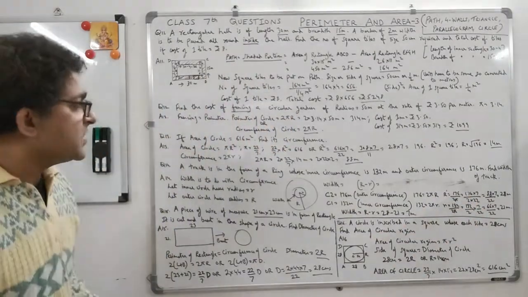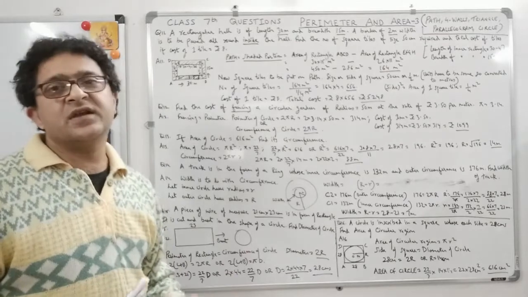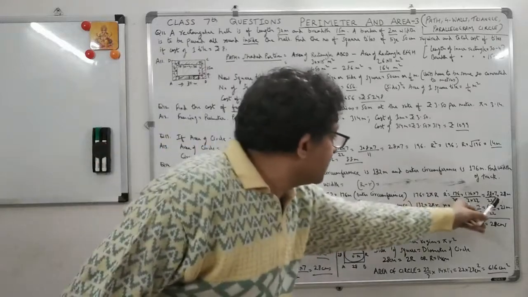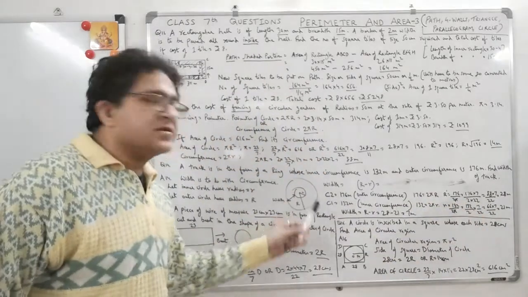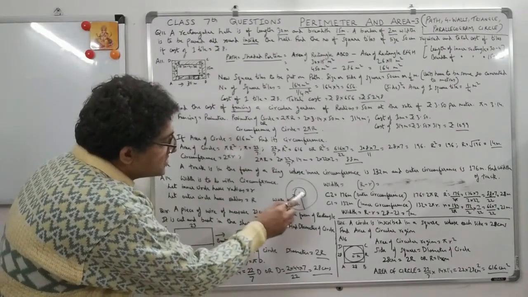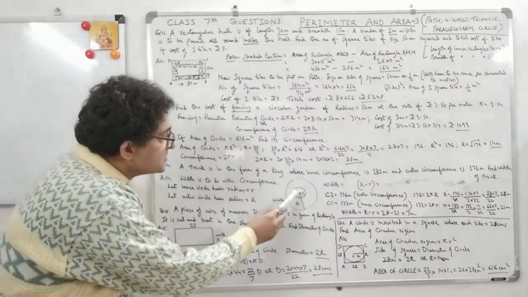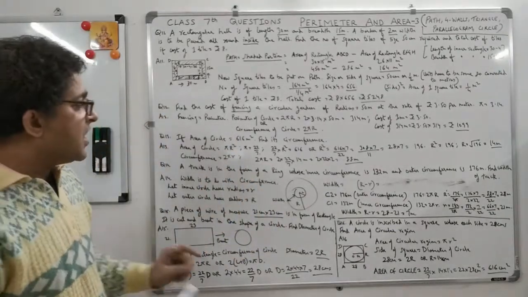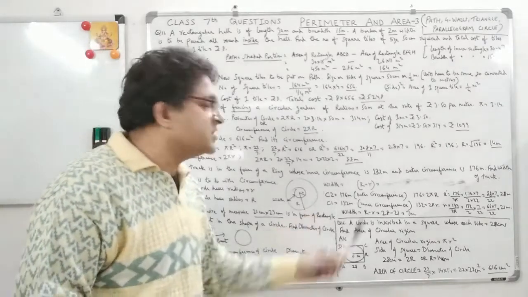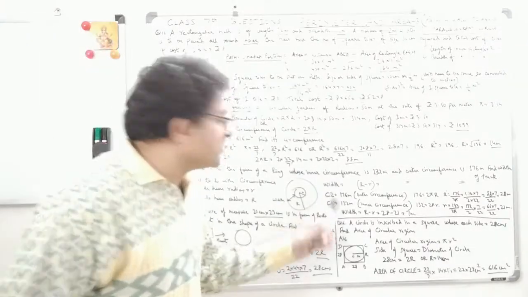So now what is happening: we are calculating the width, we know the circumference. When we know the circumference of the outer circle, we can calculate the R of the outer circle. So we know the R of the outer circle, which is 28. Now we also have to calculate r of the inner circle. Now simply see this diagram. R is the outer circle radius and small r is the inner circle radius. The difference between the outer circle radius and the inner circle radius is the width. Simple. R minus r. The circumference will be given to you and the width will simply be R minus r, bigger circle radius minus smaller circle radius, and we are using circumference for that.